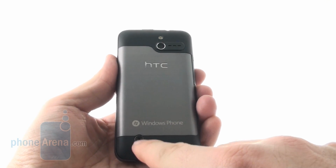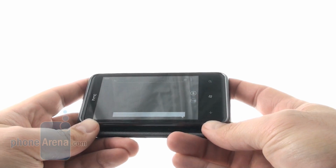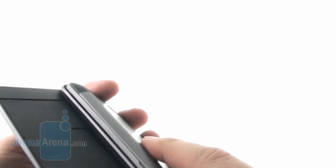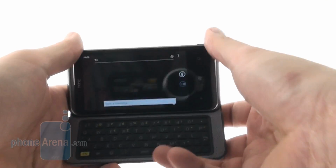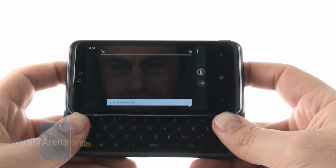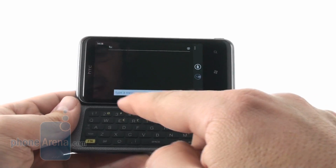The screw on the back here looks like you have to take it out to open the battery cover, but don't worry, you actually just need to slide open the physical keyboard like that. And here is this slot for opening the battery cover. The keyboard opens with a pretty tight movement, like that. And you have to push it a little bit further until the lower part of the screen half recesses here